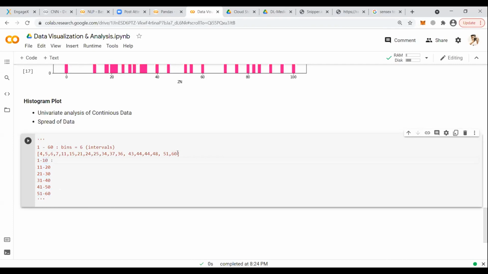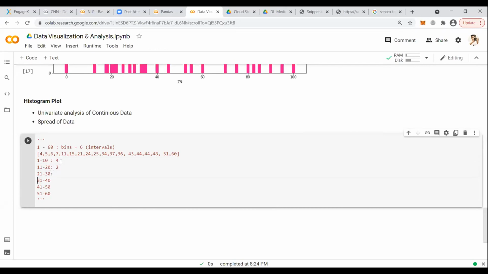Now, the histogram is a plot between this range and the frequency. So between 1 to 10, how many? What is the frequency? Frequency is the number of values which are present in the range. Frequency of each range. So it will be given by 4. Between 11 to 20, please write your responses, how many values are there? 2.